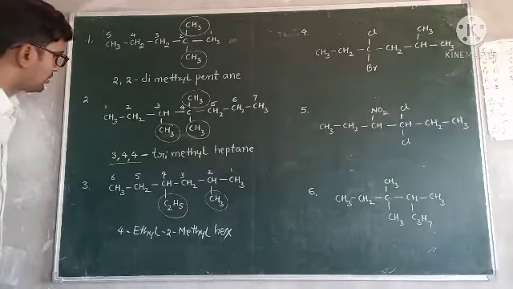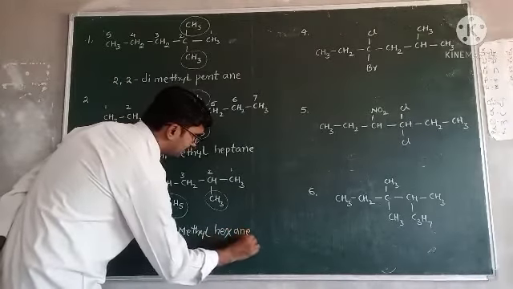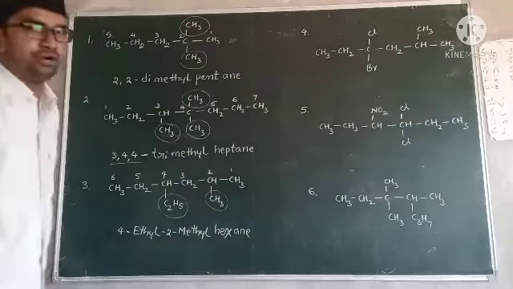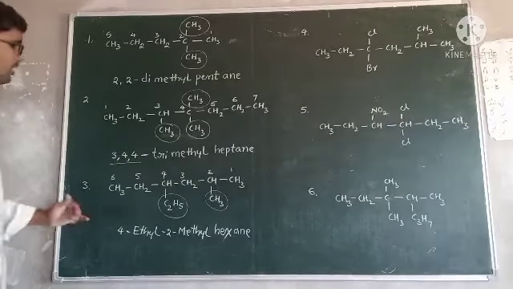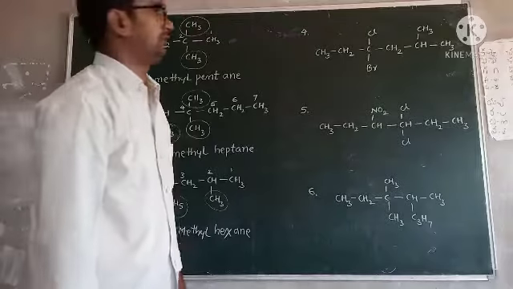And what type of bonds? Only single bonds. So AN. And functional group. Last one, there is no functional group. Right? Third one also completed. Now come to the fourth one.